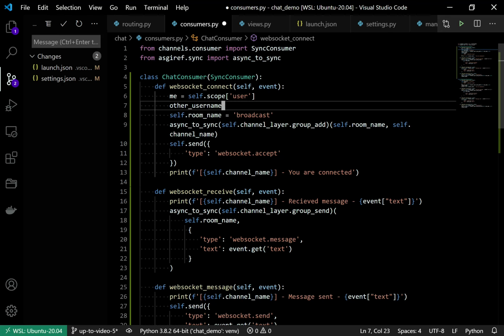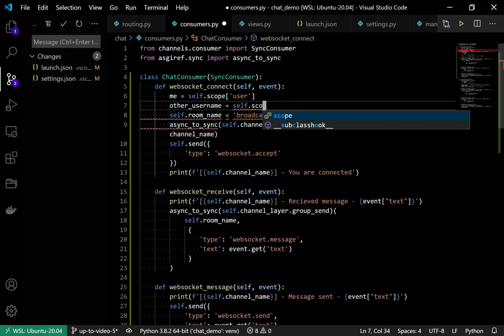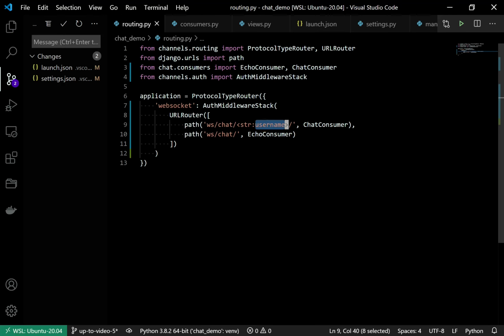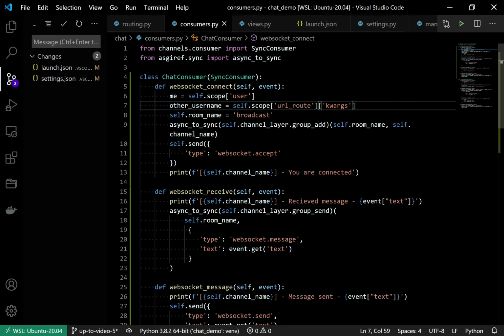So other username is self dot scope, and inside that url route is the key, and inside that there will be kwargs, the keyword arguments. In that you will have a few arguments, like the username we added, which will be available as a key. So username will be the key and the value will be the value which we need.